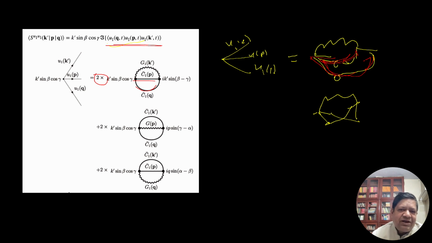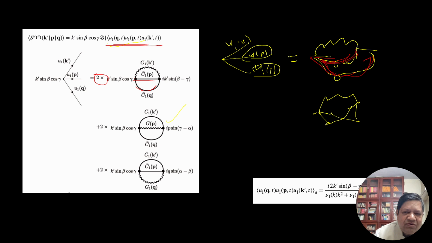Similarly, I can expand this using Green's function, and I get this diagram. I can expand this one with Green's function, I get this diagram. So I get three diagrams, each coming from the expansion of one leg: U1K prime, U1P, U1Q. So when I combine all of them, it is behind this stuff. So it is K prime sine beta minus gamma. So it is the first one, okay? The first one is giving you